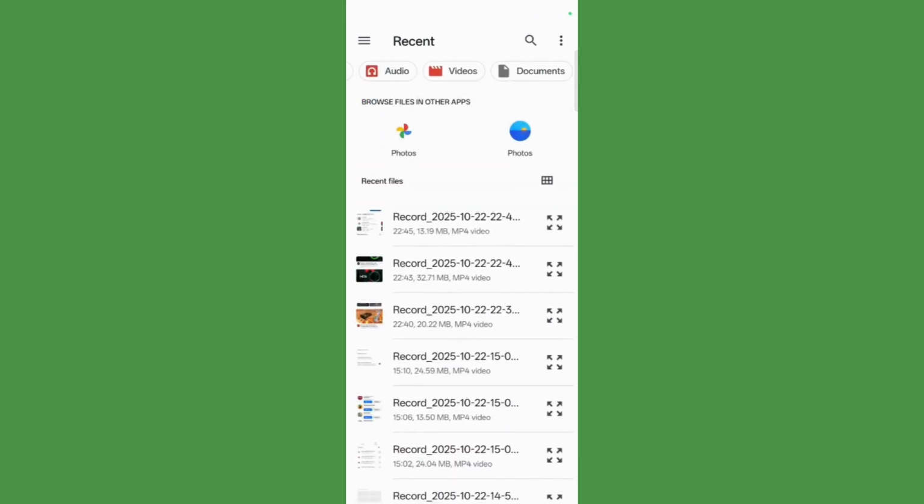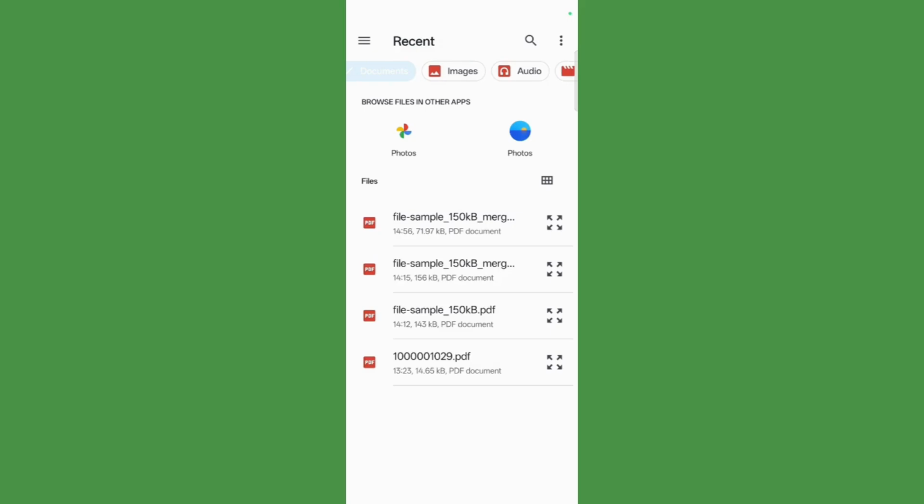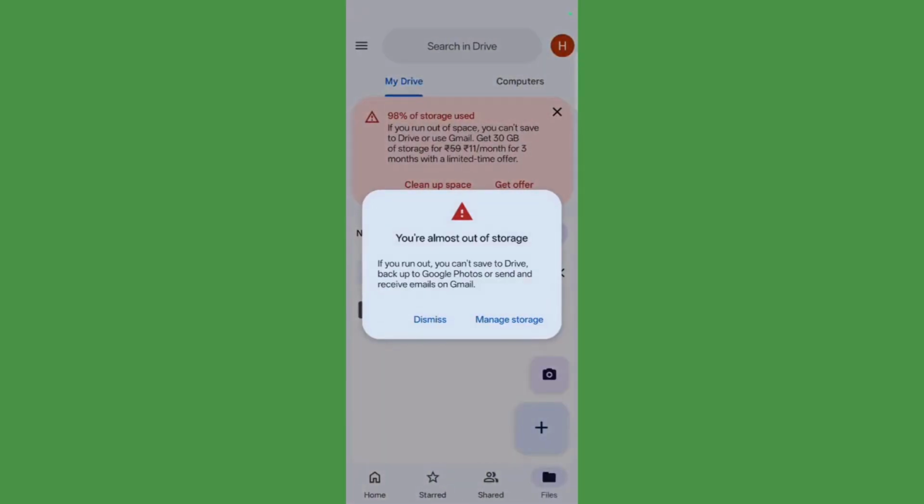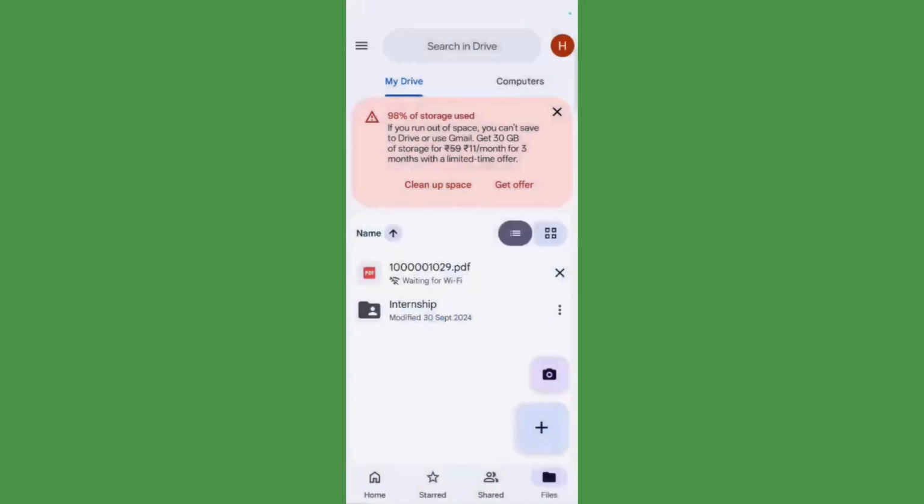So you can also sort them according to their file type. Like, let's say if I want to choose document, then only the documents will show up. So let's say I want to choose this document, so I will simply tap and select this. I can also choose multiples if I want, and then I will select this option. Now it gives me a storage warning, but I'm going to dismiss it. And now you can see that it is waiting for Wi-Fi, and once it finds Wi-Fi, it will easily upload this